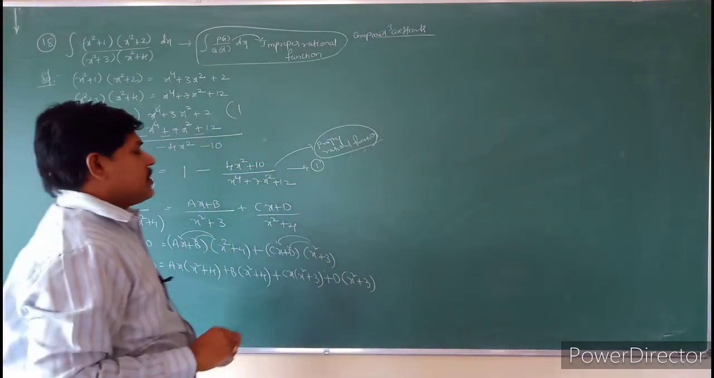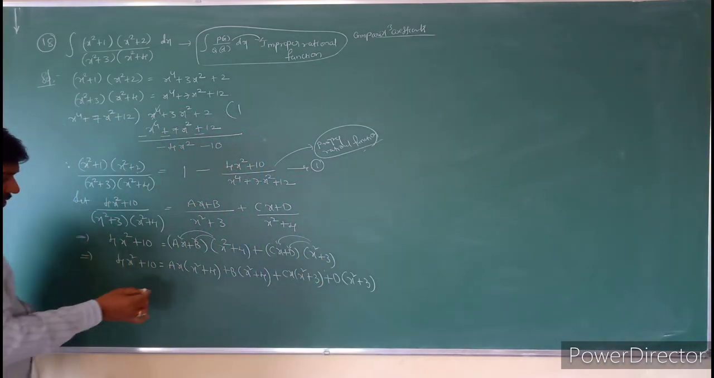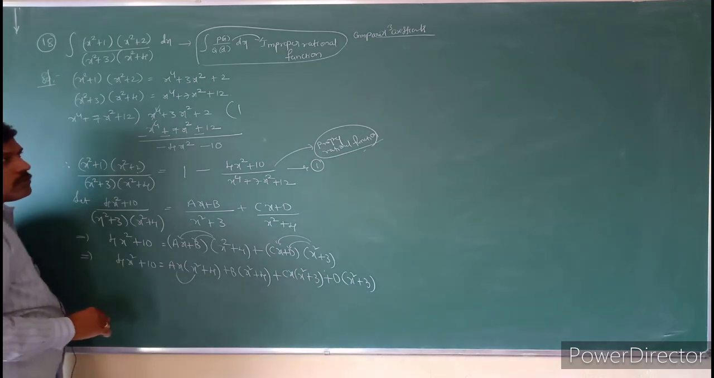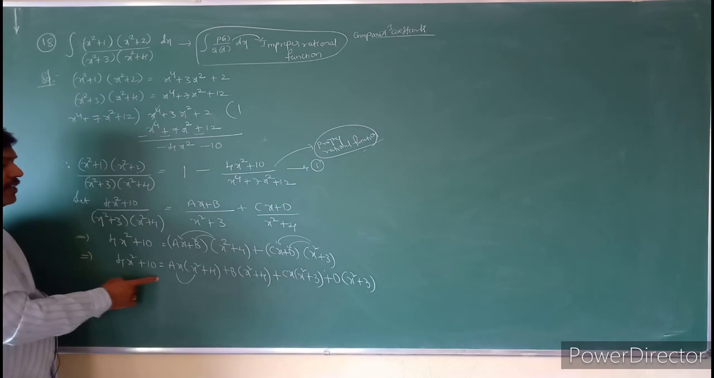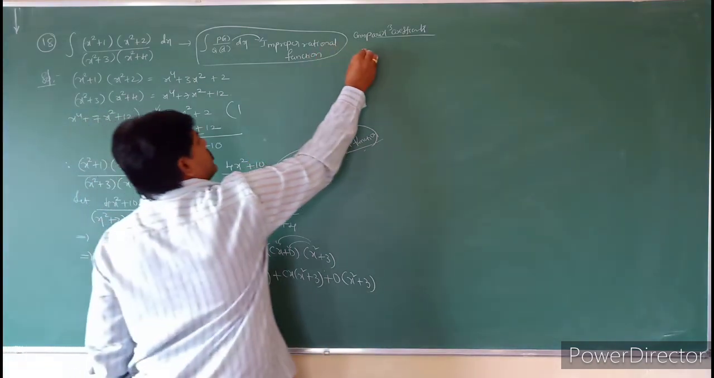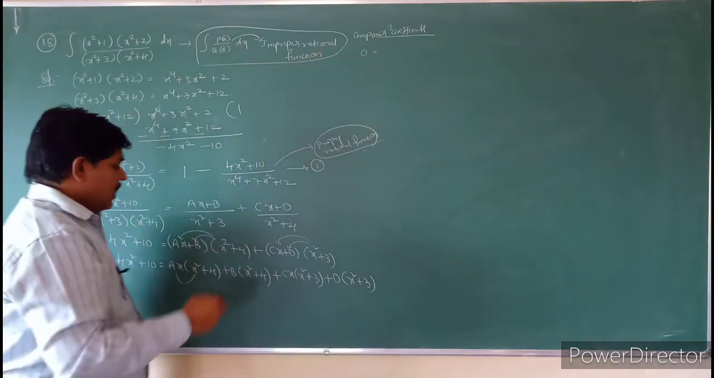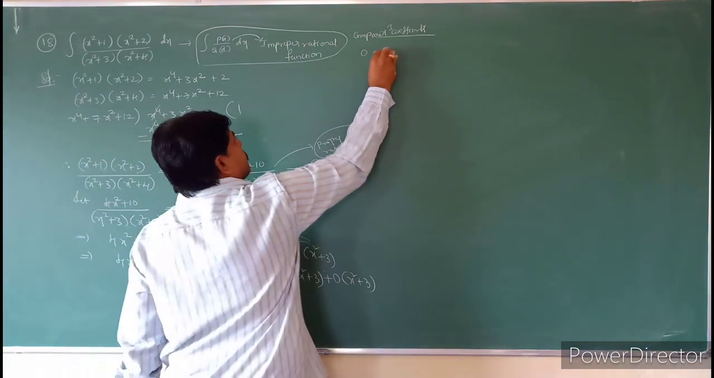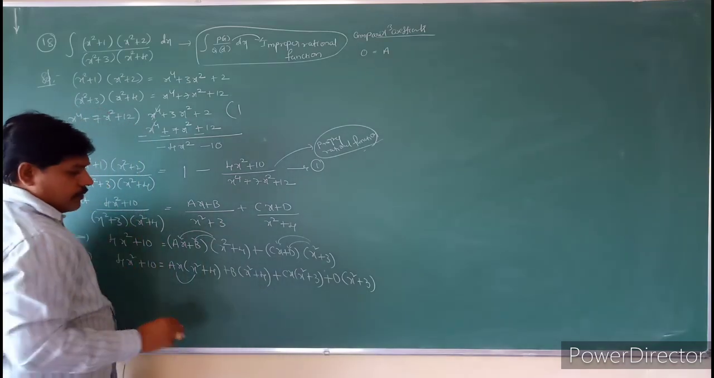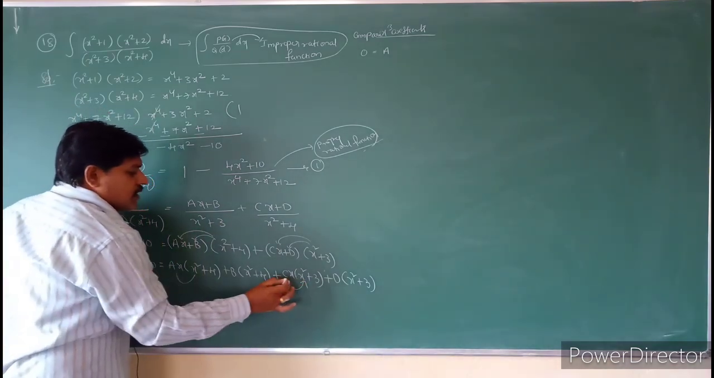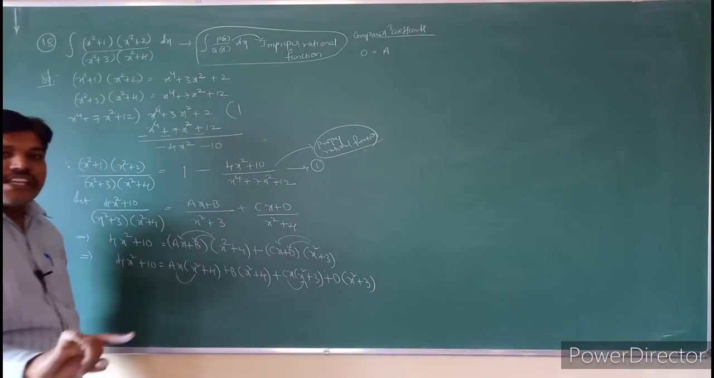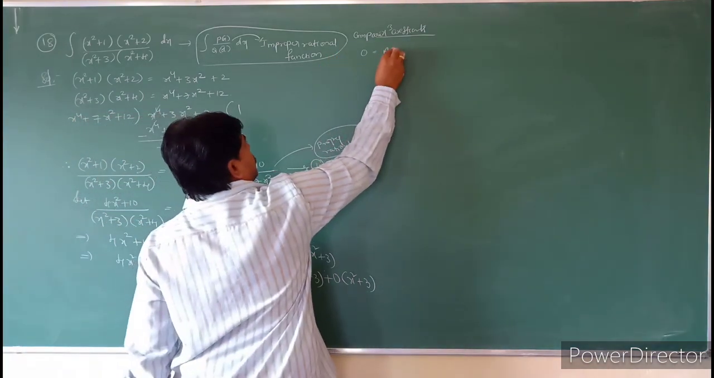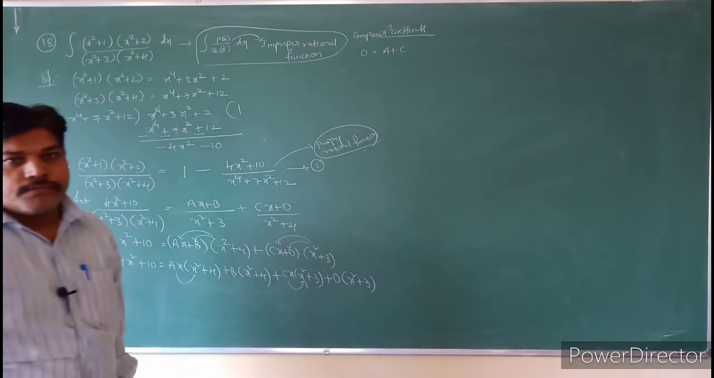Compare x cube coefficients. What are the x cube coefficients? See that ax into x is ax cube. So on the LHS side it is 0. So 0 is equal to ax into x square, which is ax cube, so the coefficient is a. Next, cx into x square is cx cube. Yes or no? The coefficient is c. Next,